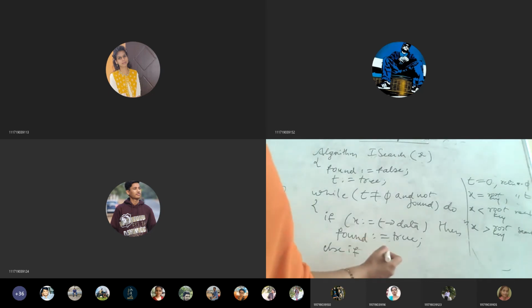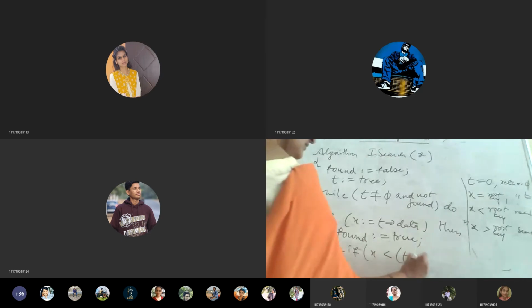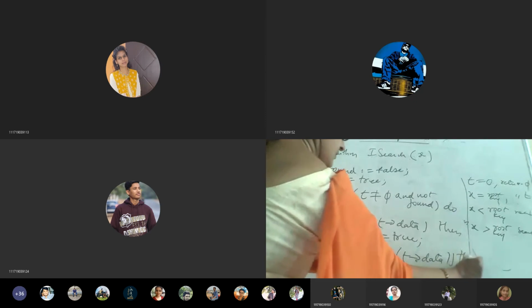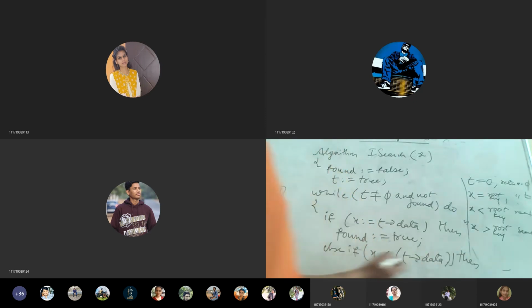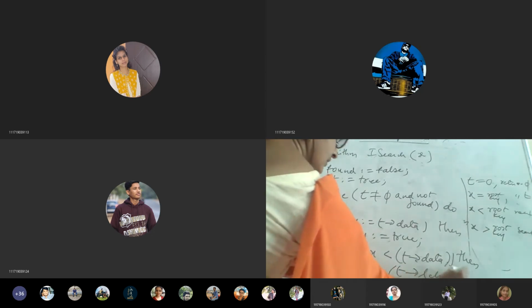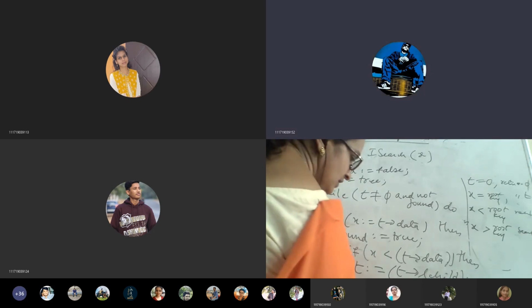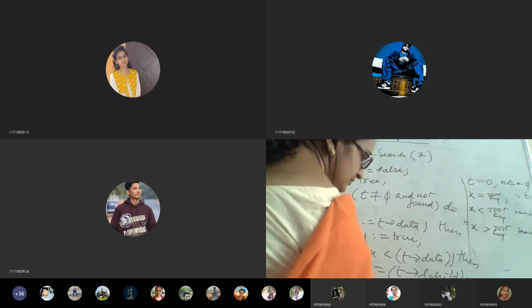Else if x less than T data, then T is equal to T left child. Else, what is the fourth condition? T is equal to T right child.